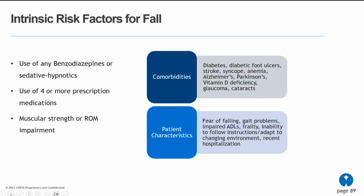Now I want you to keep that in your mind, because when I started to put this together, I thought, well, how does that affect risk for fall? I can see where it can affect risk of injury, because maybe a patient will have weakened bones, osteoporosis. But believe it or not, and we'll talk about it again later, this can actually help with muscle strength too. So if they have vitamin D deficiency, they may have weaker muscles. If they have glaucoma or cataracts,